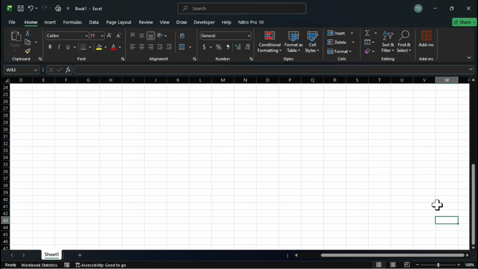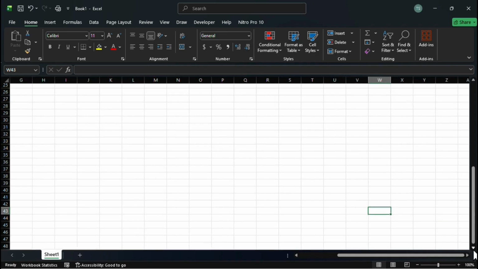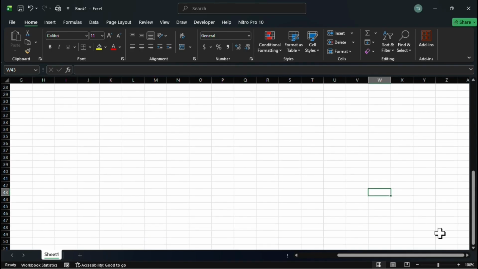On the right and bottom, you have scroll bars. These let you move through large data sets. Simple but essential when you are working with thousands of rows. If this is already making more sense than before, that's your signal you are learning correctly.